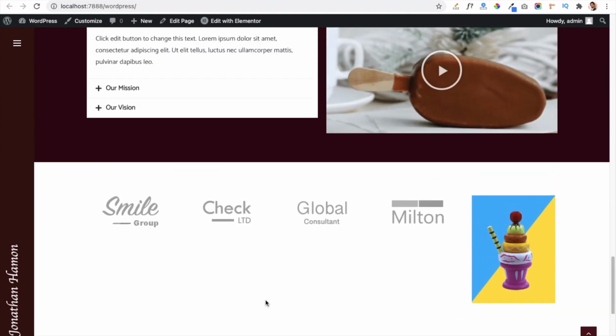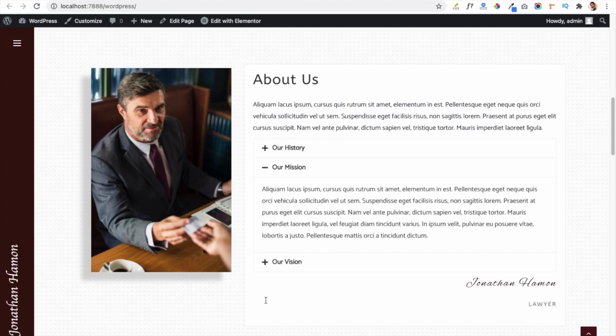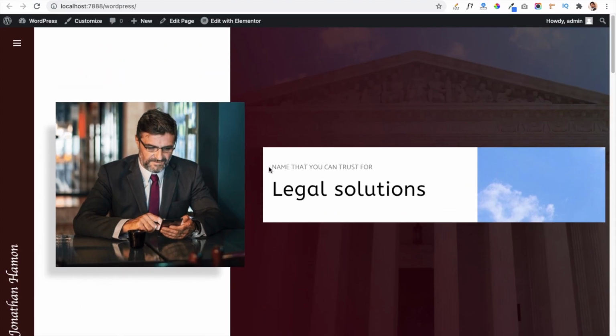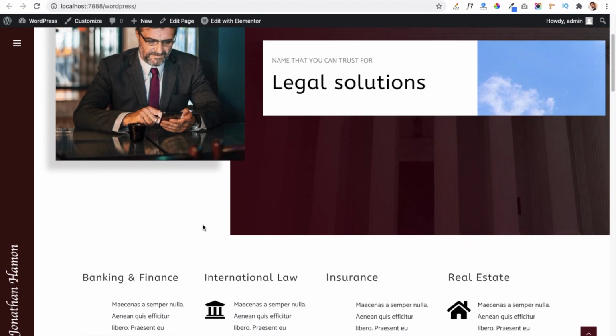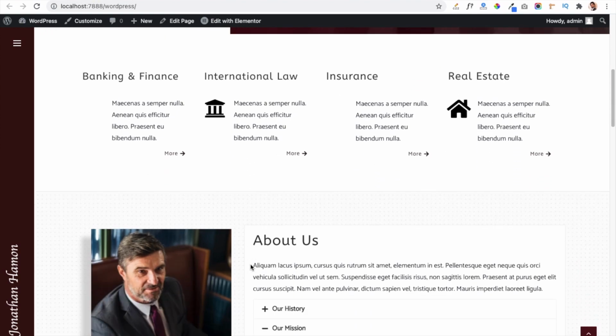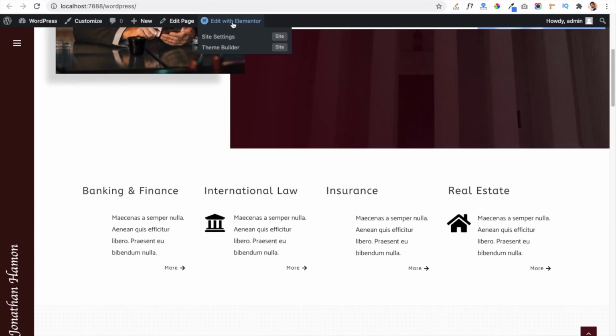Now I am going to explain how you can manage all these settings, how you can edit or modify your home page according to your requirements, such as if you need to change this image, or this text, or all these settings or content for your website. You have to just click on the Edit with Elementor button, and this will allow us to make changes on our website.